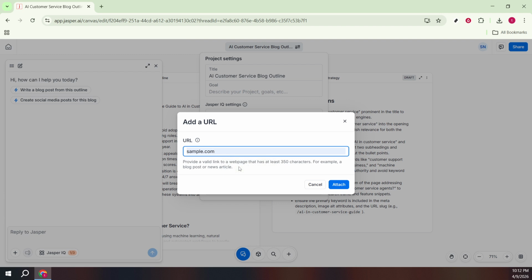A quick tip: copy it directly from your browser to avoid typos and remove any unnecessary tracking parameters unless you specifically need them. Relevance matters more than volume here. One strong, well-aligned link typically outperforms a handful of loosely related ones. Click Attach to confirm. Jasper will fetch and read the page so it can reflect the information, terminology, and structure